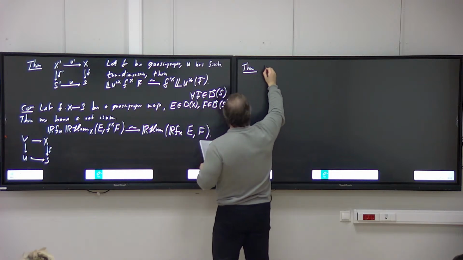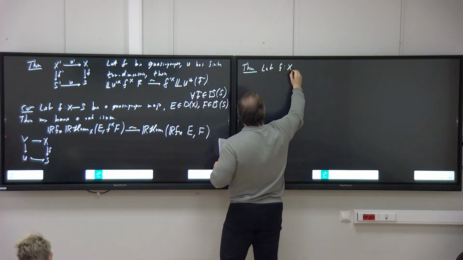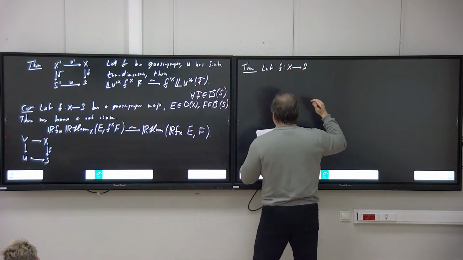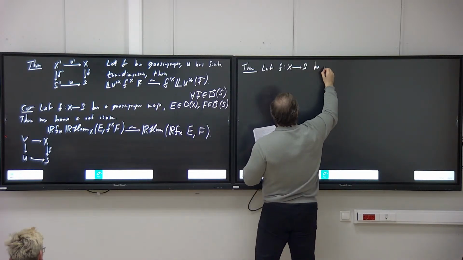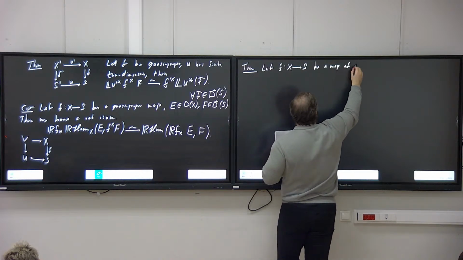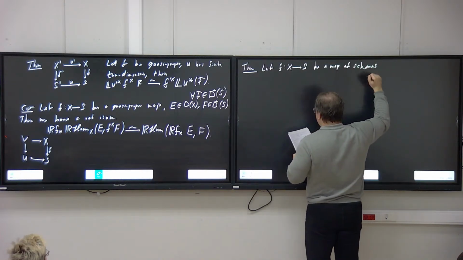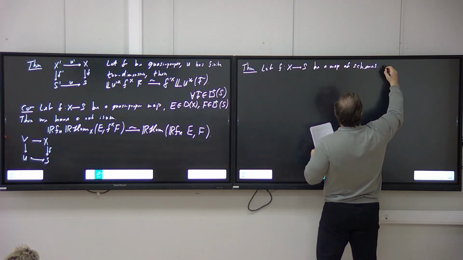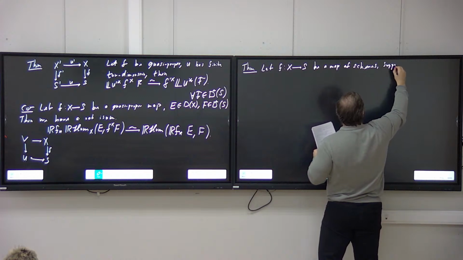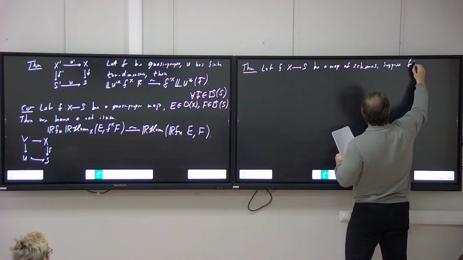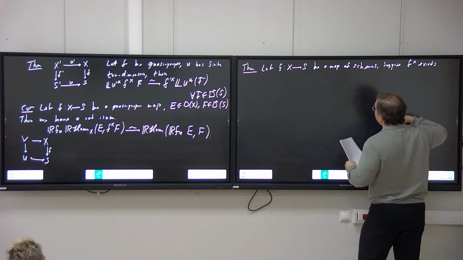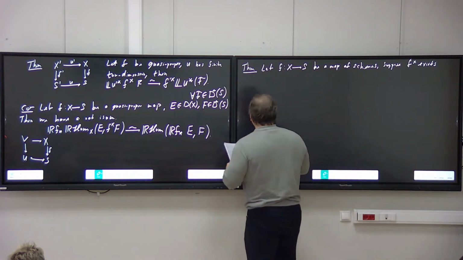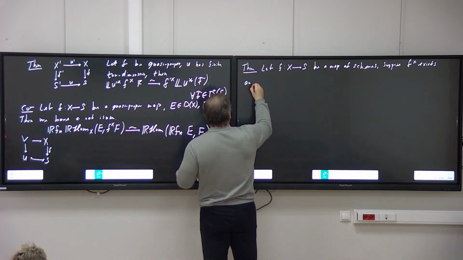which is much simpler. So let f from X to S be a map of schemes. Well, suppose the right adjoint exists. So here I don't assume anything about this map, I just assume that the f with the cross exists. And also suppose that the f